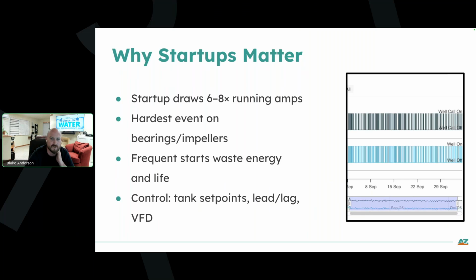And so a good rule of thumb is, if your starts or stops per day suddenly increase by 25% and you don't really have demand change, you're going to want to check your sensor levels, check your bladder tanks to make sure that there's air, and check your control programming. And beyond the cost of electricity, like I said, this will really prolong the life of your motors, which can add up to a significant amount of money, especially for people coming from larger utilities that have really large motors. Even just getting a 10 to 20% lifespan increase.